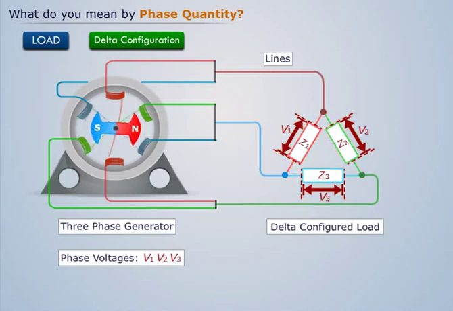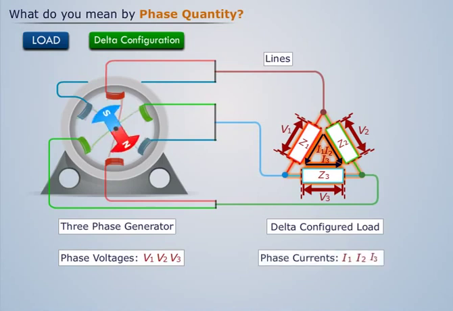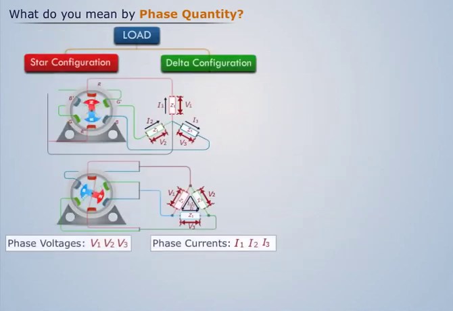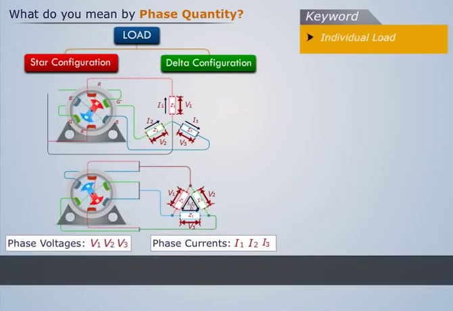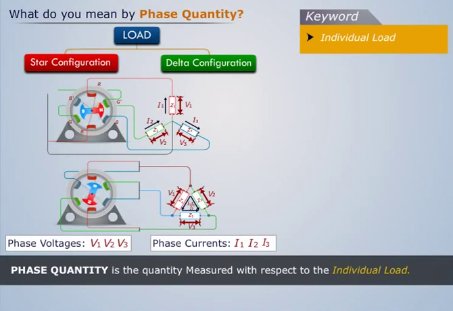Similarly, let's assume that the current flowing through the loads Z1, Z2 and Z3 are I1, I2 and I3 respectively. Since each of these currents flow through each individual load, they are known as the phase currents. Thus, phase quantity is the quantity measured with respect to the individual load. The related term is